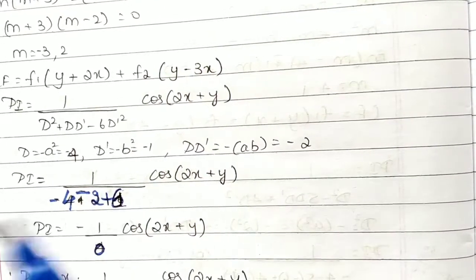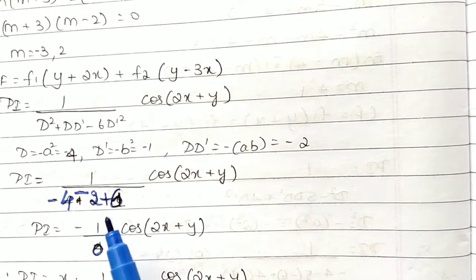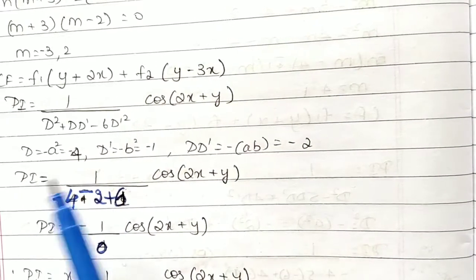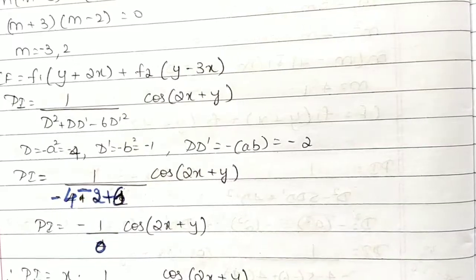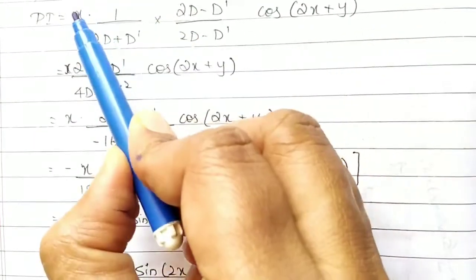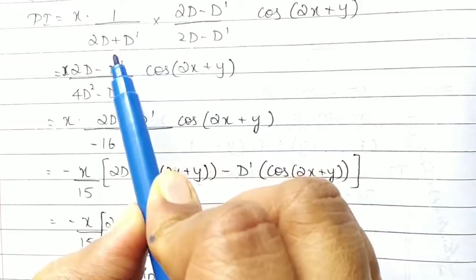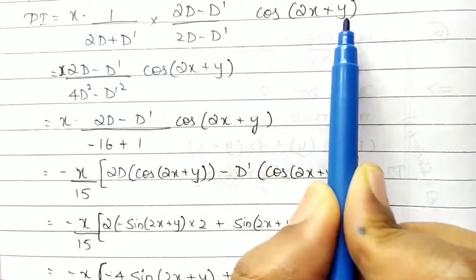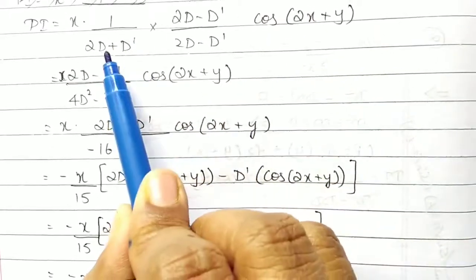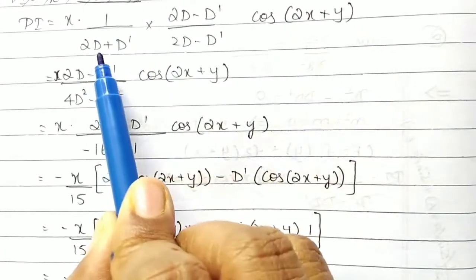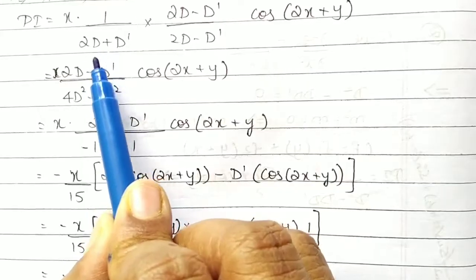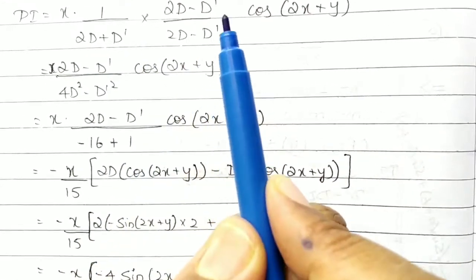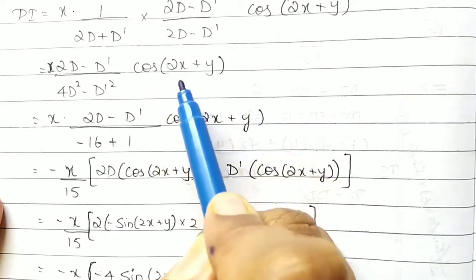So apply here, as in the case of exponential also, if you get 0, we have to differentiate the denominator once and write x here. Similarly here also, same procedure. So differentiate the denominator, you will get 2D plus D dash, and write 1x here. Okay, and the question. But observe, after differentiation you have to apply the formula again. Again means you have to substitute D square as minus a square, D dash square as minus b square.